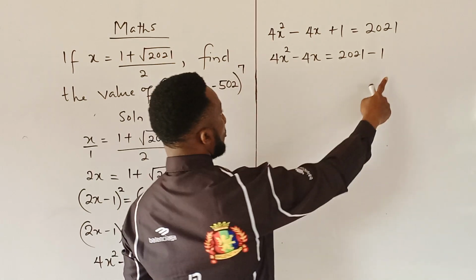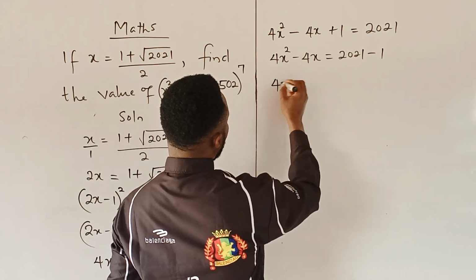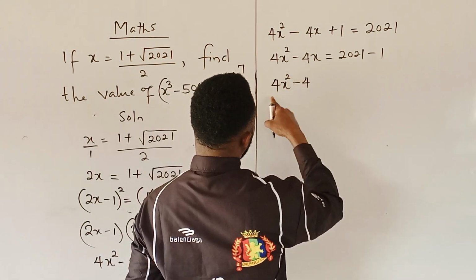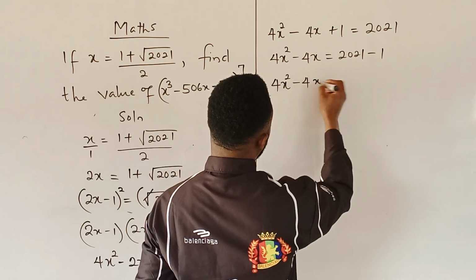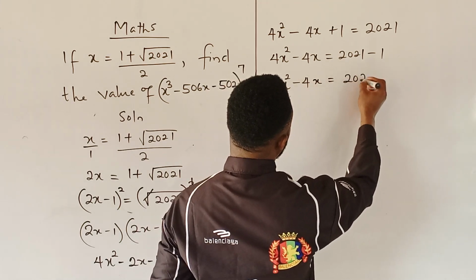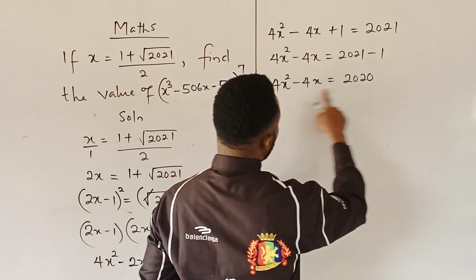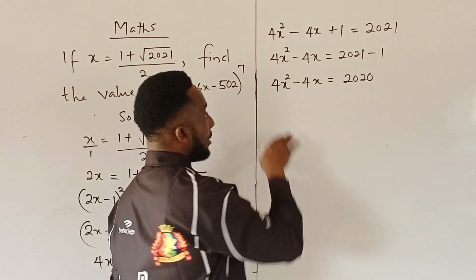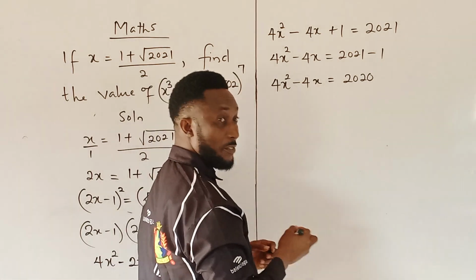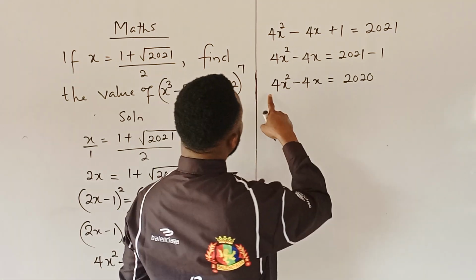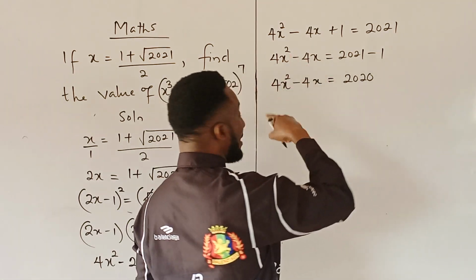If I remove 1 from 2021, that will give me 2020. So we have 4s squared minus 4s equals 2020. As you can see, this algebraic expression is very uniform, refined and very flexible. So if I divide each term by 4,